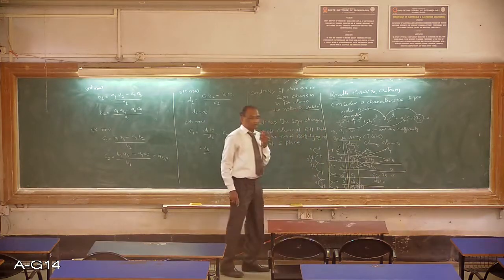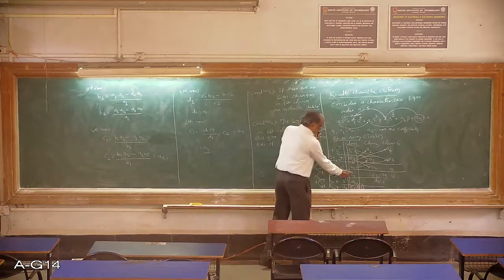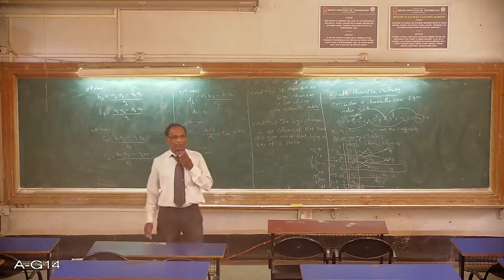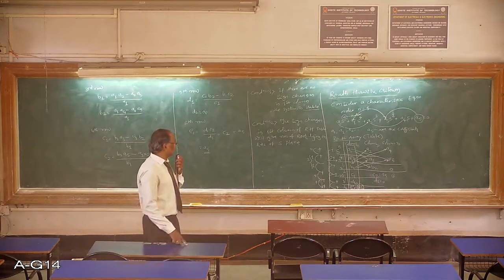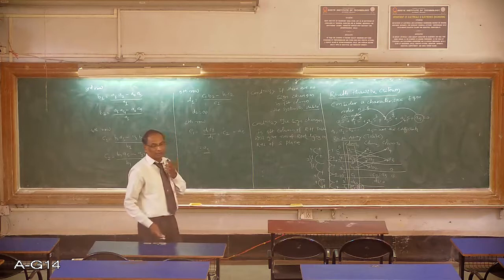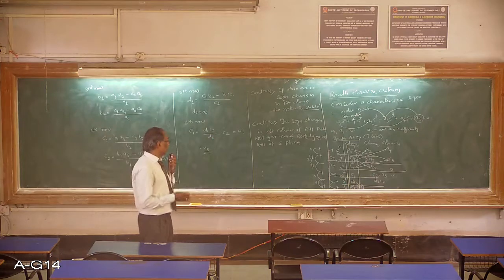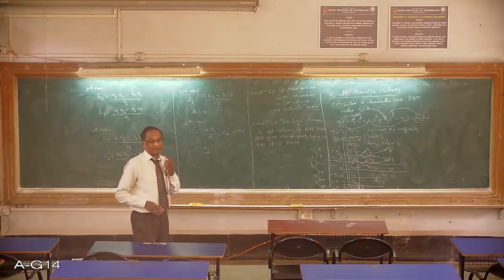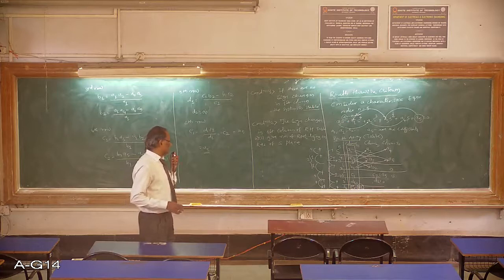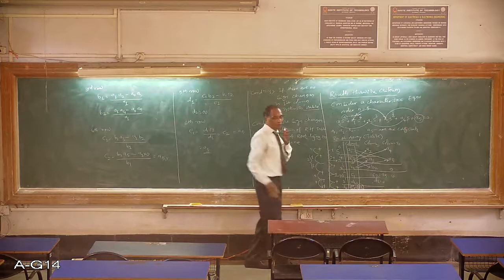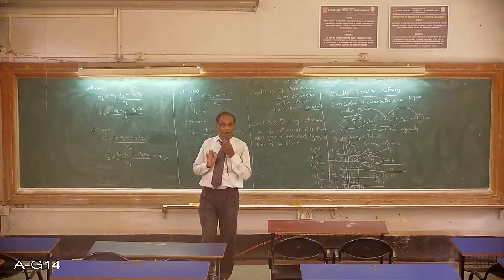The third drawback is that the RH criteria will not give the exact location of the poles. When we do not know the exact location, assessing the relative stability is difficult. Whether the system is more prone to instability, or relatively how stable it is, we cannot predict using RH criteria. And the last drawback is that, as we will not know the location of the poles, it will not suggest any stability improvement method.